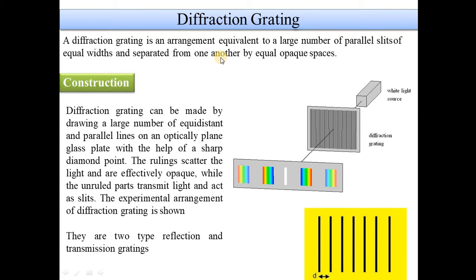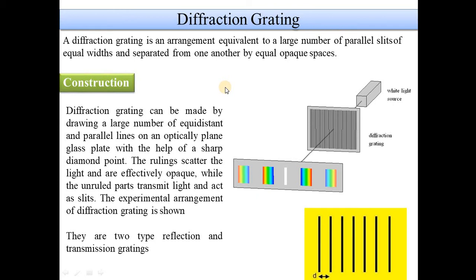Actually, the first scientist who studied this diffraction grating was none other than Joseph Fraunhofer, who first constructed the diffraction grating in 1821. He made it with 310 slits by stretching fine wires with the help of screws. But it was a very crude method. After that, he succeeded in making a grating on glass with a fine diamond point, and with the help of this, he found the wavelengths of the principal Fraunhofer lines of the solar spectrum.